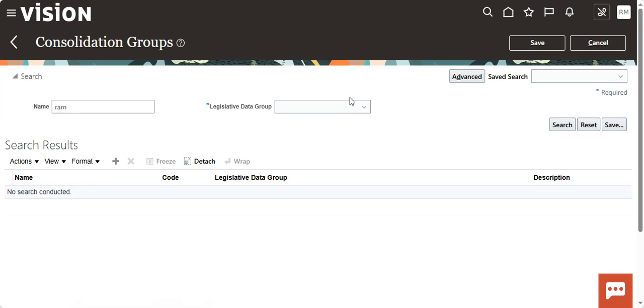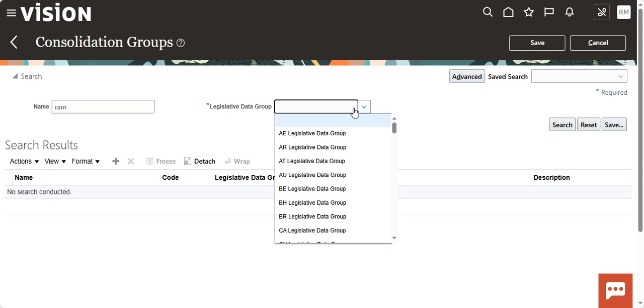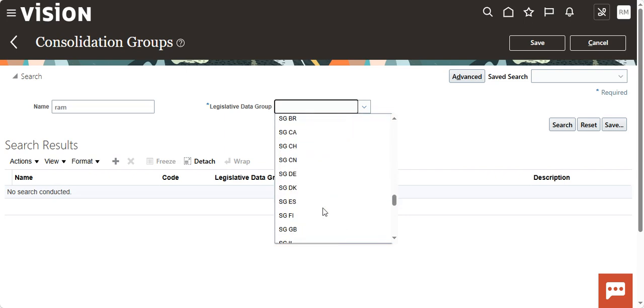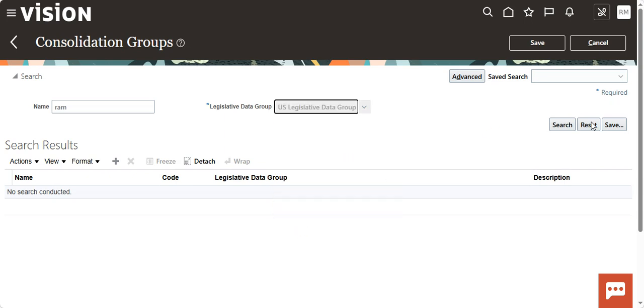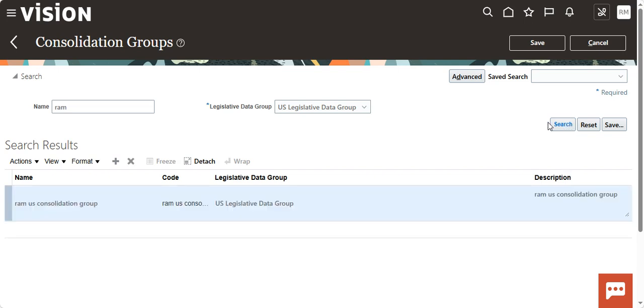Search the name. Select the legislative data group. Yes, search. So our consolidation group is showing here. Okay. Next,